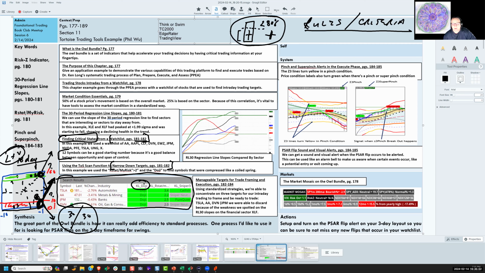So out of the dozen symbols that Phil was using as an example, and he says you start with 12 because that's a good starting number because it balances the number of symbols that you want to see an opportunity and your ability to manage them conveniently. Like my number is 60 because I've been doing that for 30 plus years. But when starting out, 12 symbols is a reasonable place to start. And then he looked at the criteria of which ones were in dojis and which ones had a favorable reward to risk ratio, if we got the range stat move,